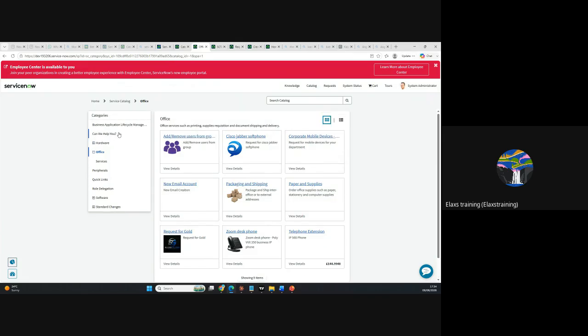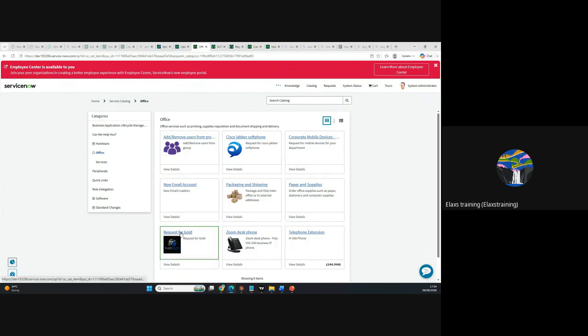When you have a service catalog, putting it under categories is easy for those finding. So if you are working in a company, you must put a particular request form under its own category. People that want to request for hardware should know where to go, right? People that want to request for software should know where to go. So now, if we click on this form,